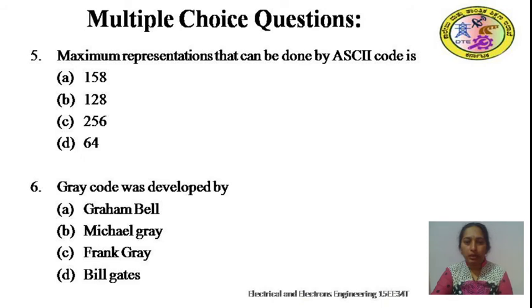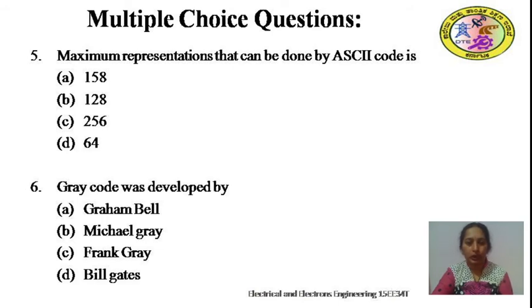The maximum number of representations that can be done by ASCII code, a 7-bit code: 2 raised to the power 7 is 128. So we can have a maximum of 128 representations using ASCII code. Option B, 128, is the correct answer.